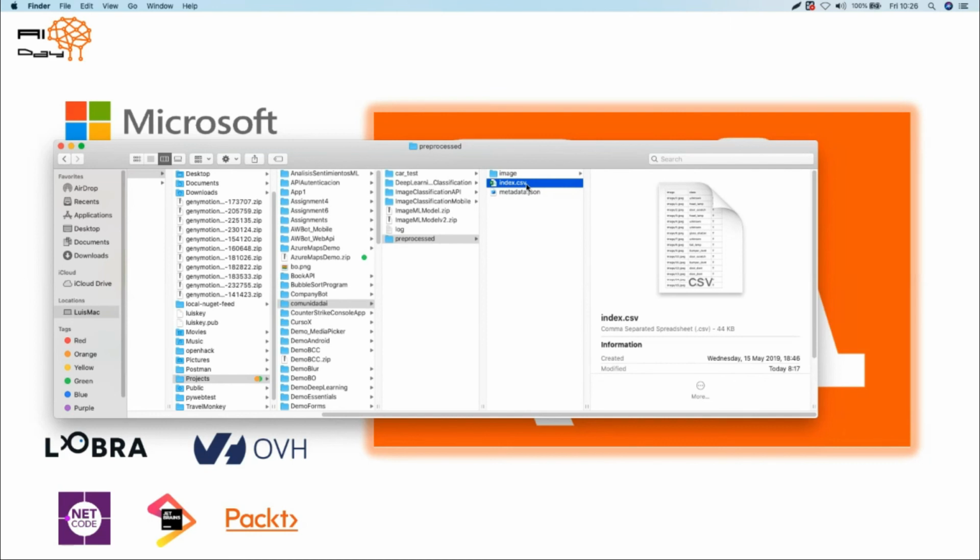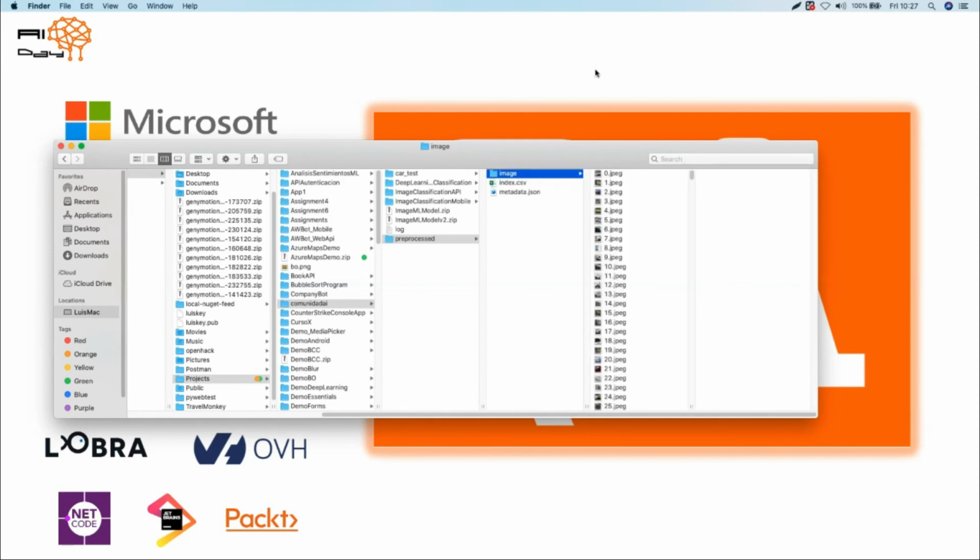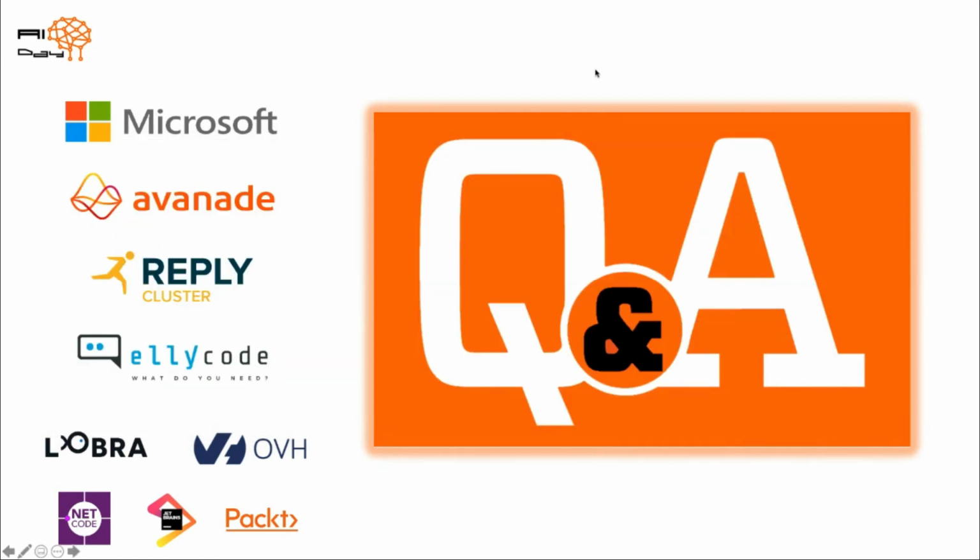But how many images do you think is a minimum for a good network, a good training? There is no magical number, but in my results more than 1,000 is better. But of course, also the quality of information and the diversity are important. The variety of your data.